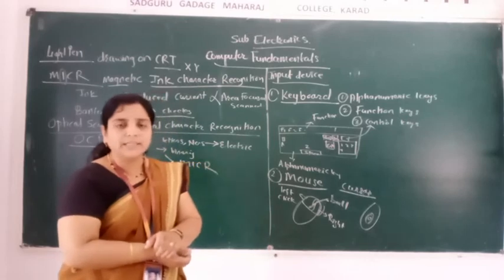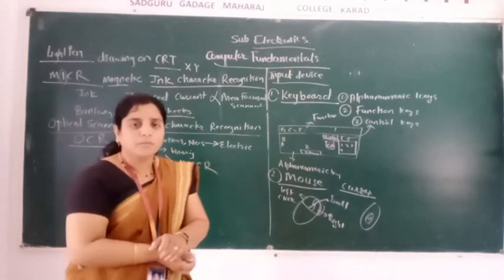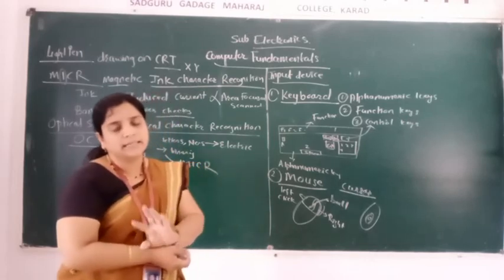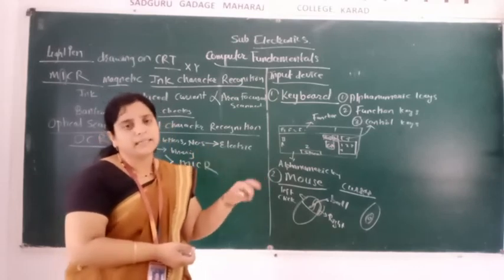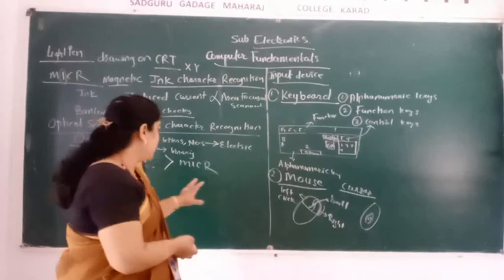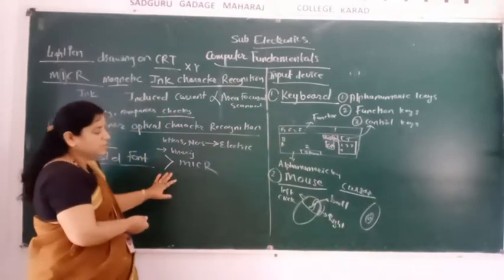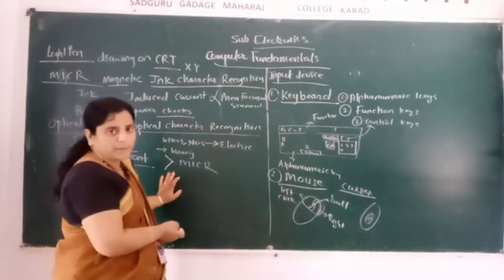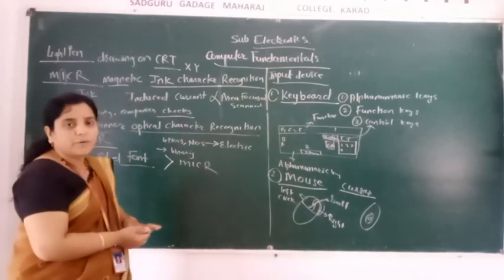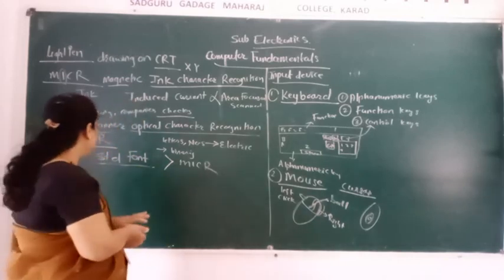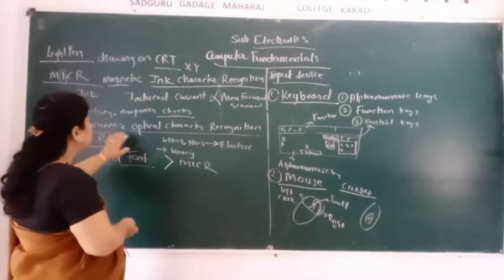In this, it works on the light. It converts the letters, information, and numbers into an electrical signal, and that electrical signal is again converted into binary language, and that is given to the computer. These are also used in industries and banks for withdrawing checks and for whatever information comes on the ATMs. Okay, so this is OCR.